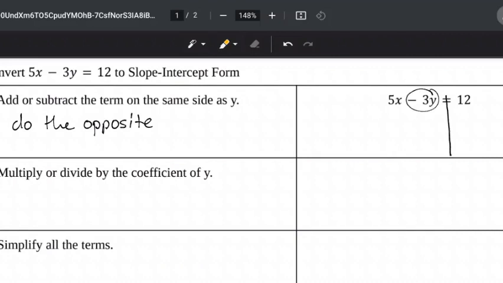So in order to get this negative 3y by itself, we have to get rid of that 5x. It's a positive 5x, so we're going to subtract 5x from both sides. 5x minus 5x cancels out, it's 0, and now we're left with a negative 3y. So we want to rewrite this with negative 3y equals, and now you cannot do 12 minus 5x, and since